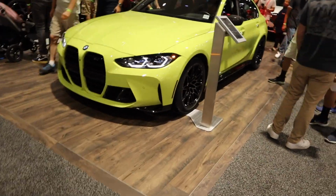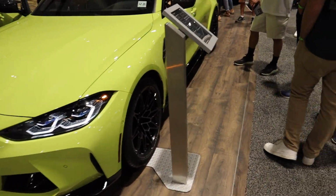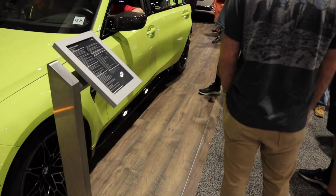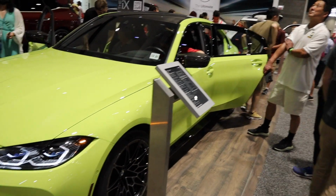This is the competition variant. It's a little bit wider, got all the black accents everywhere. Unfortunately, it doesn't have the cool brownish, orangish seats. It just has black interior, but